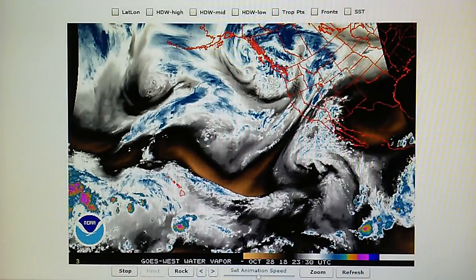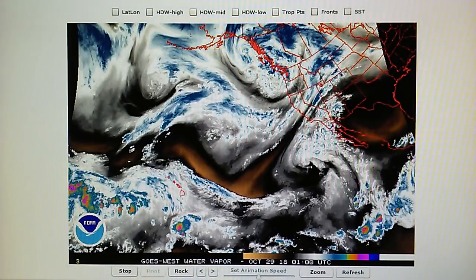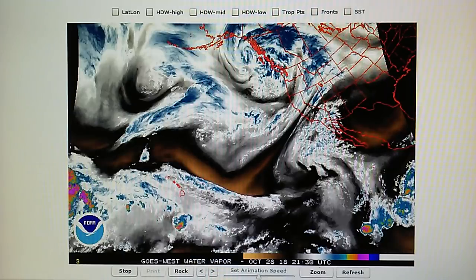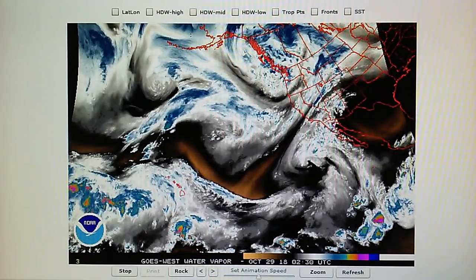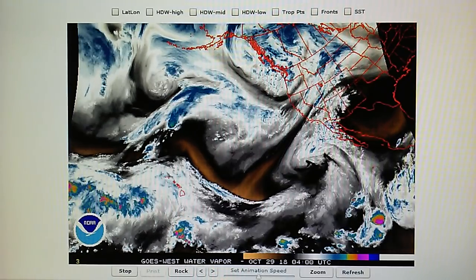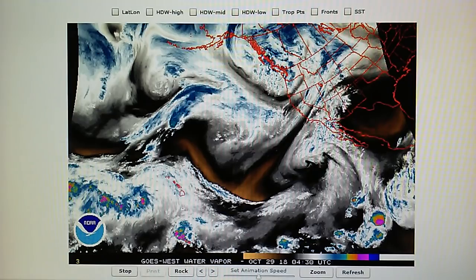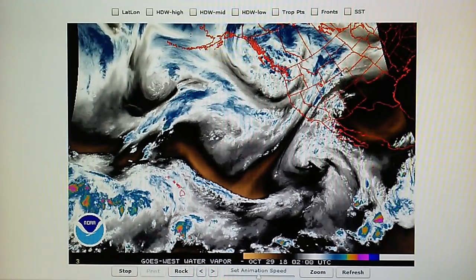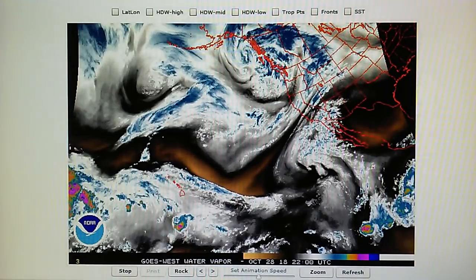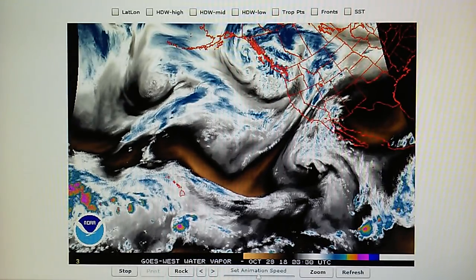Under normal conditions, normally the humidity rises during the evening hours, but as we see, the humidity is dropping, so we're at 31%. The dew point is at 32 degrees, and we have a barometric pressure of 29.94. Okay, so we're looking at the northeast Pacific water vapor loop, and we can see that